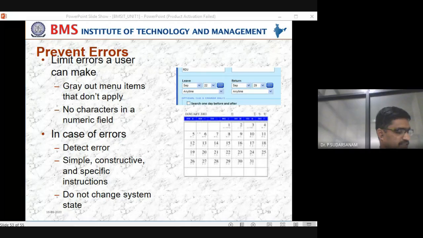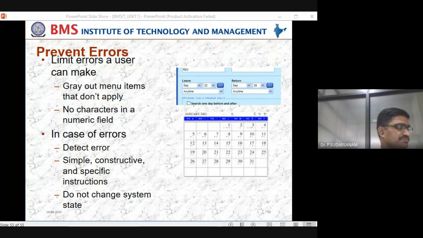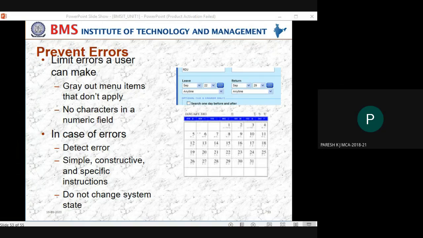Present, sir. 66. 68. Shashank, present, sir. 69. Present, sir. 70. Present, sir. 71. Present, sir.